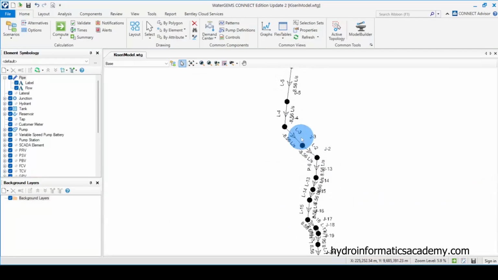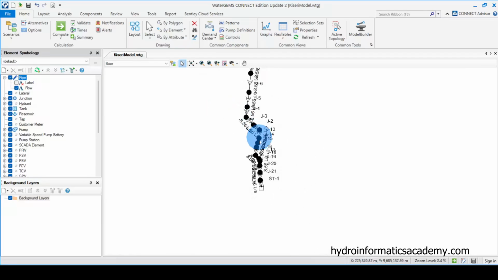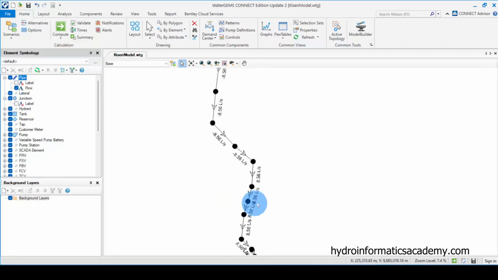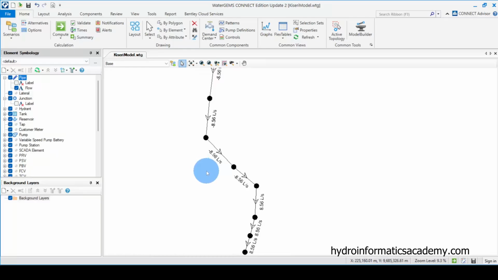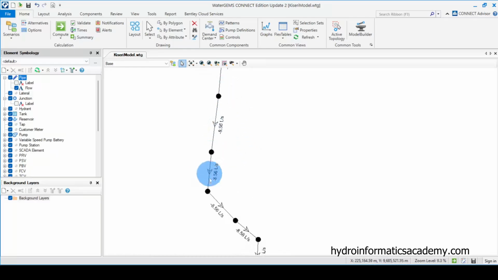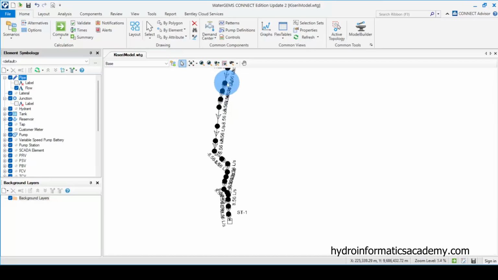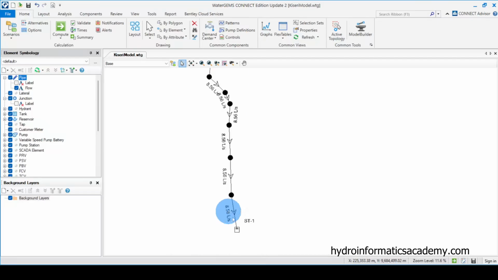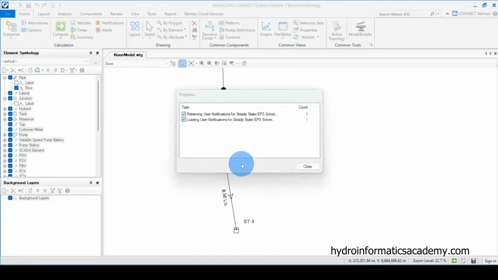And again, if I go back to pipe at this area here, let me close this label. You can see for now, I want to display only label. Okay, so even for junction, I don't want to. Okay, so now we have this. What else? Okay, so this is what we have. If I run my model again,